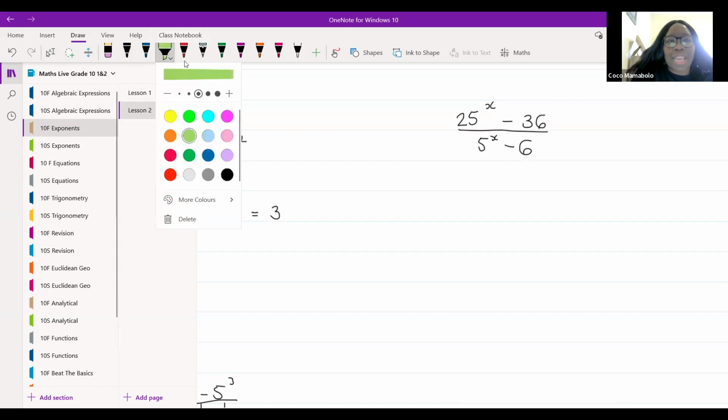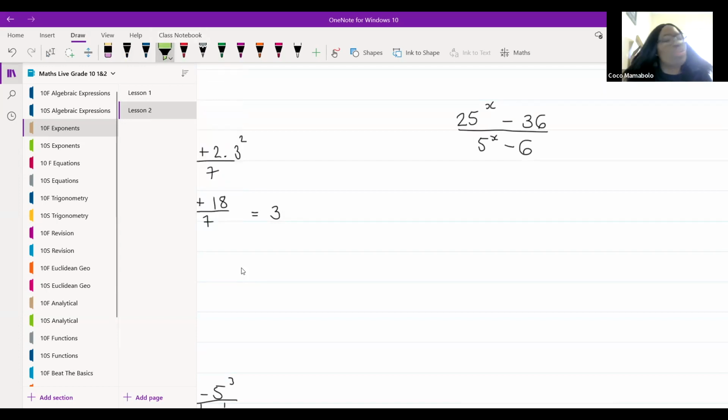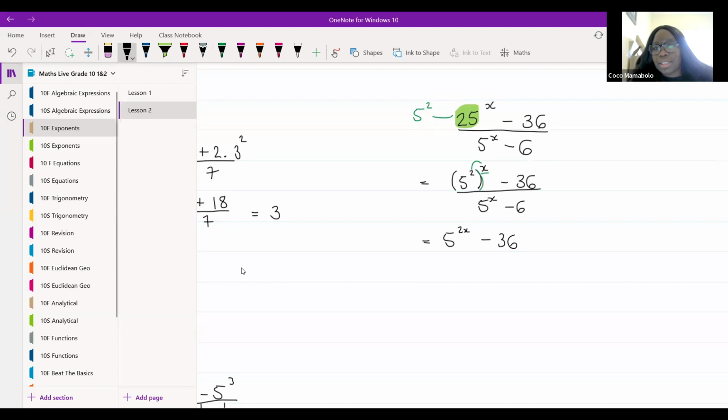Do I have things with the same base? No, we don't. But we know that we can change 25 to what? 5 squared or 5 to the power of 2. Absolutely. So let's go ahead and do that. We're going to get in brackets 5 to the power of 2 to the power of x minus 36 over 5 to the power of x minus 6. I see a bracket and an exponent, so I'm going to multiply these two. So I'm going to end up with 5 to the power of 2x minus 36 over